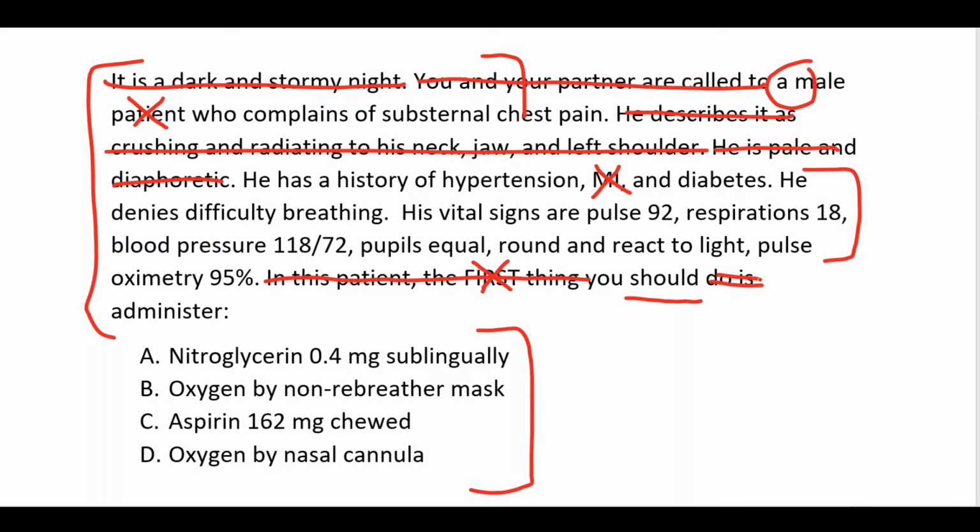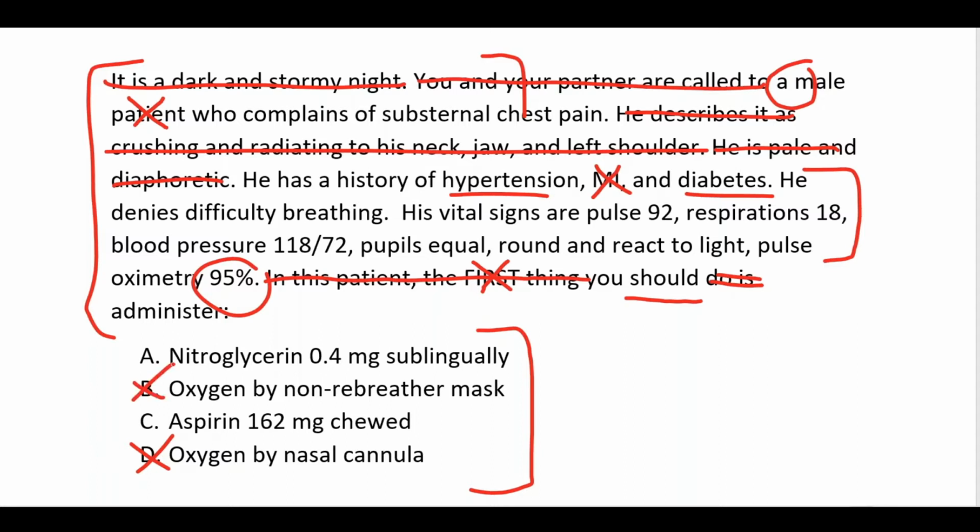And in this case, if we just look at this, you've got, we'll say, a 67-year-old male who complains of substernal chest pain, has a history of hypertension and diabetes. These are risk factors for an MI, certainly. He denies difficulty breathing. Well, that's probably significant because that's going to make us say we don't want oxygen, right? Because the SATs are 95%. And the pupils don't really change anything. But do I give nitroglycerin? Do I give oxygen or aspirin? They're wanting to know what's most important. And ultimately, what should you do ultimately is